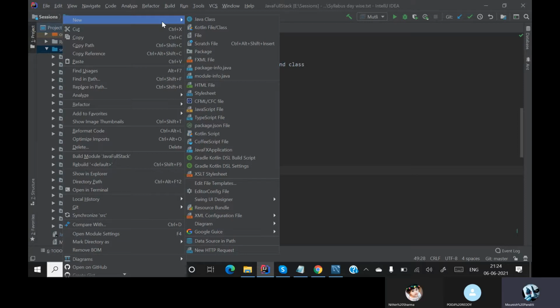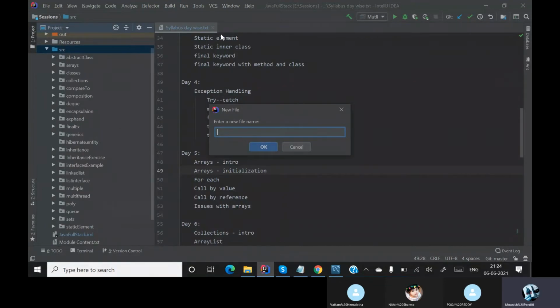This configuration file will connect your database, Java and Hibernate. You need to first configure your application to Hibernate and the database. So for that I'll create a file. In Eclipse you directly have a .xml extension, but in IntelliJ we don't have a direct XML configuration.